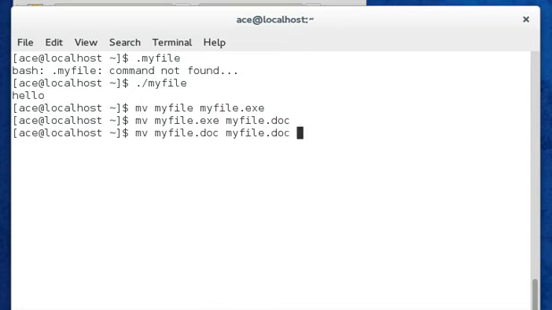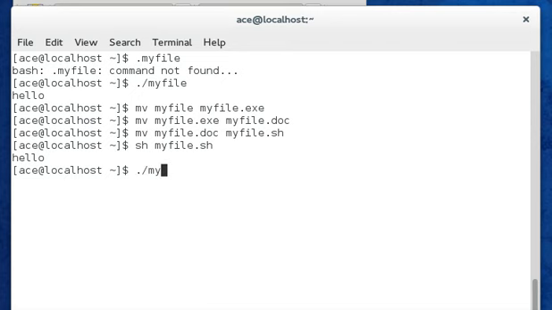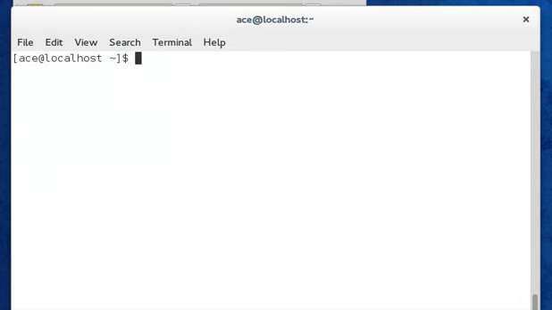So I say myfile.sh, okay. This is just to inform the people you are giving your script to that this is a shell script, okay. It has nothing to do with the operating system, okay. So now I run ./myfile.sh, it will do the same thing, okay. So understood? This is the first thing about shell scripts, okay. So we will save